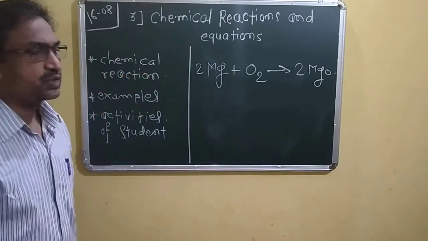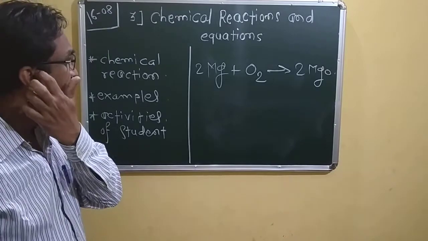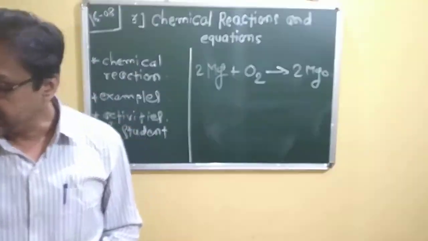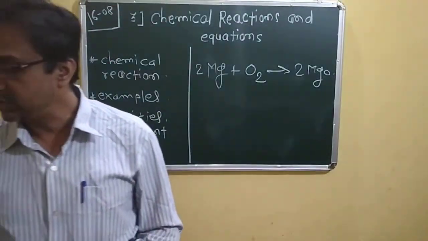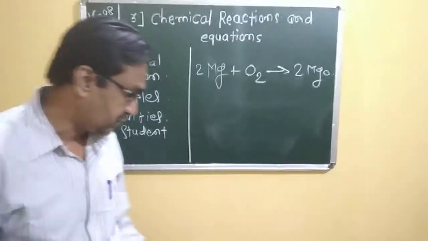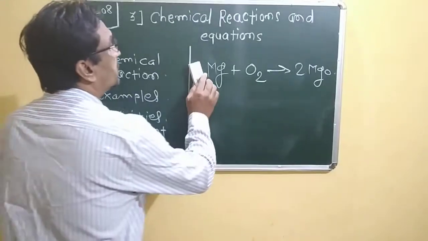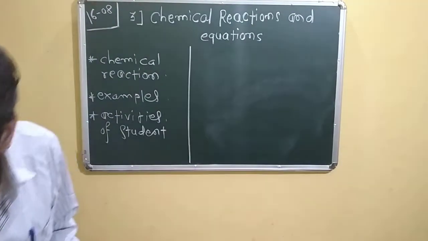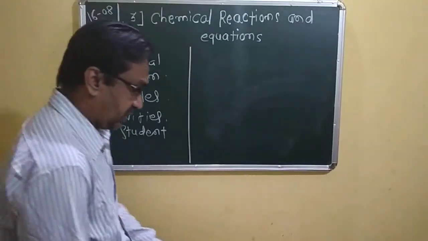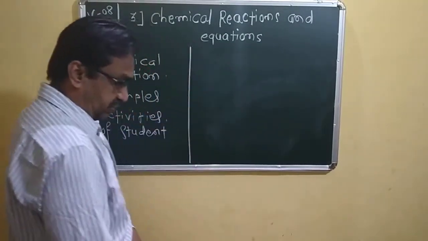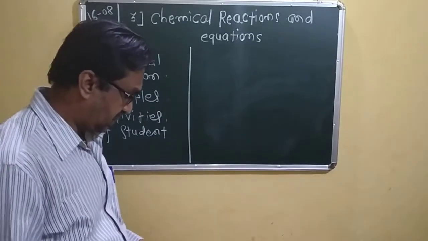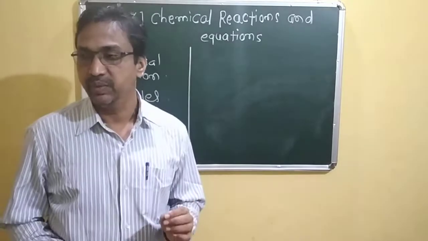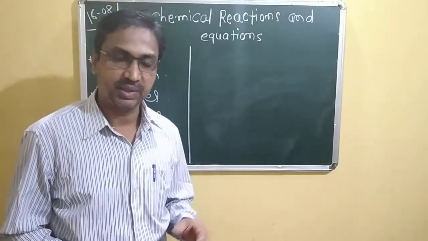Okay, so we have given some examples in our book. Identify the physical and chemical changes from the phenomena in the given table. So we have to find out whether it is a chemical change or a physical change. On page number 30 we have given some example phenomena, and we have to classify them, to identify whether each is physical or chemical.